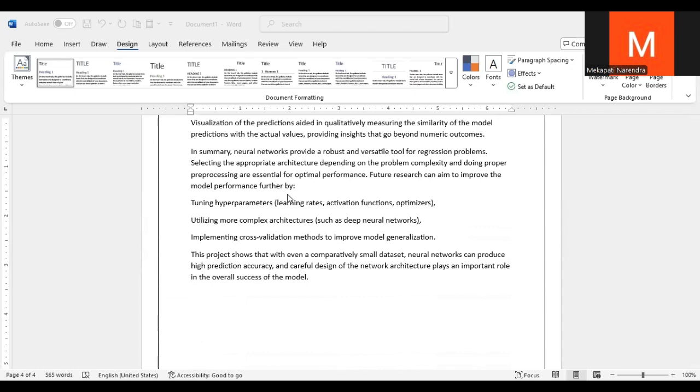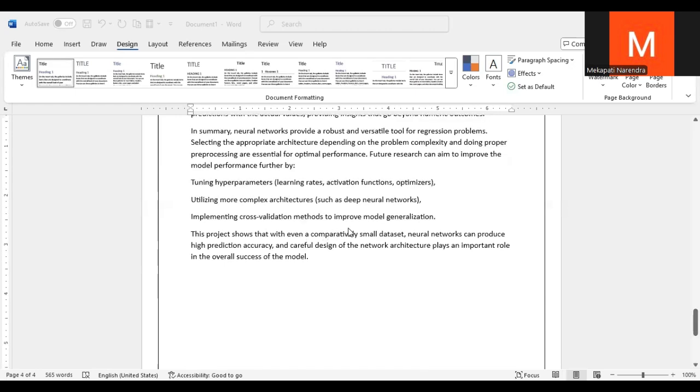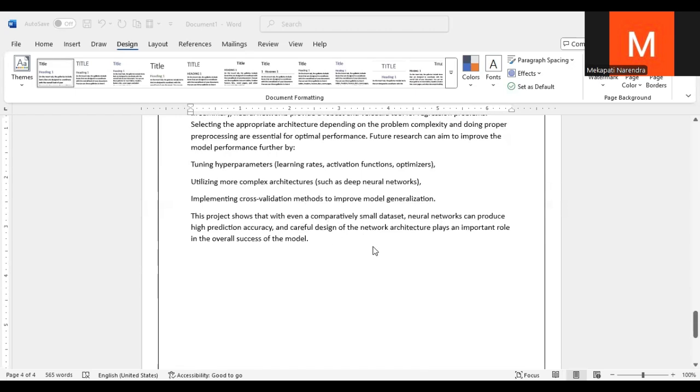For future work, we aim to improve the model performance further by tuning the hyperparameters, learning rates, and activation function optimization, and by using more model complexity and evaluation methods to improve model generalization. This project shows that even with the complexity of small datasets, neural networks can produce high prediction accuracy. Careful design of the neural network plays an important role in all the